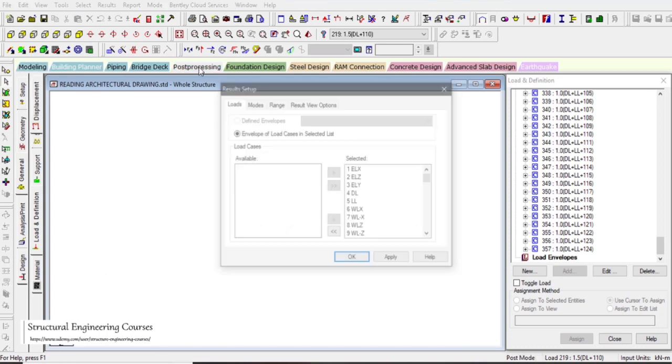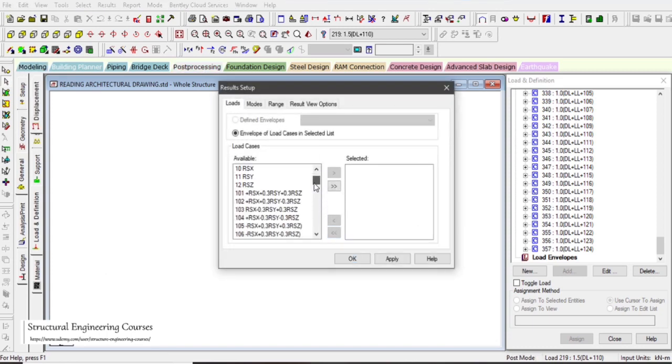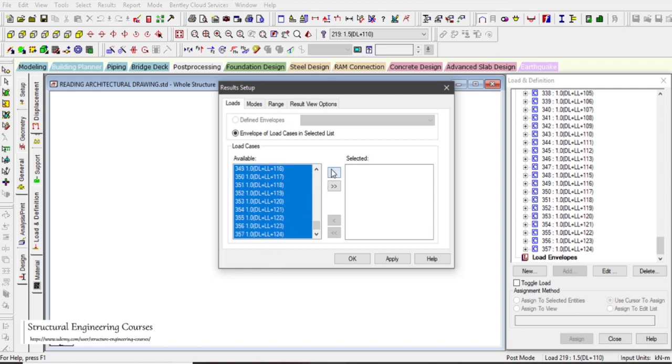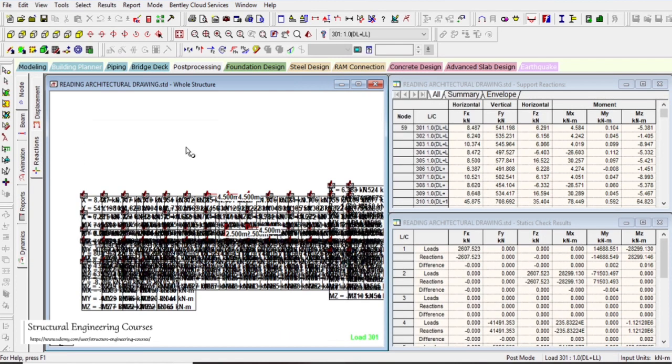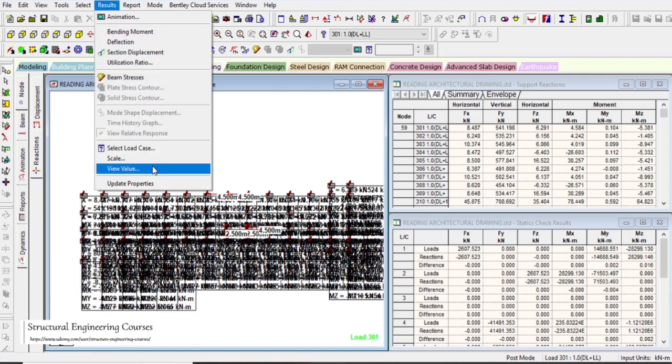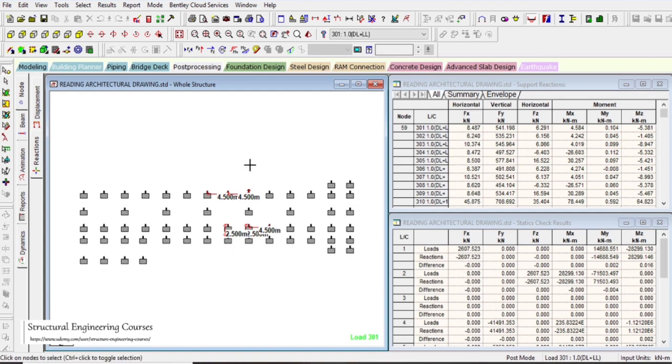So in our case, let us say we start with this particular joint here. If we go to the post processing mode, we shall first of all select only the service load combinations, because first of all we need to finalize the size of the foundation. So we shall select from 301 to 357, left click on apply, and go to the reactions here. You can see there is a very dense window showing all the reactions here. We can go to results, view value, and remove all,